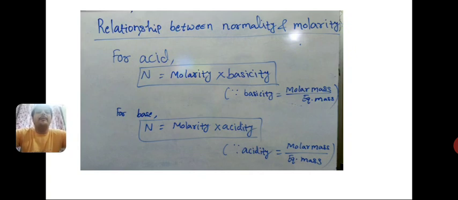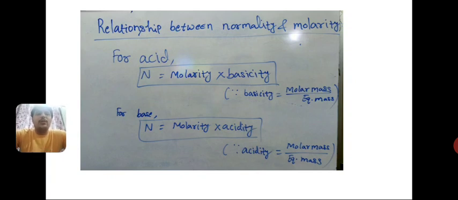So 1000 upon 18. After calculation we are getting 55.55 moles. It is fixed. 1000 upon 18 is 55.55. So now we have N2, that means moles of solute, that is 5, as well as the moles of solvent, which is 55.55. So now we can simply find the mole fraction of solute H2SO4: 5 upon 5 plus 55.55, and for mole fraction of solvent, 55.55 upon 5 plus 55.55.